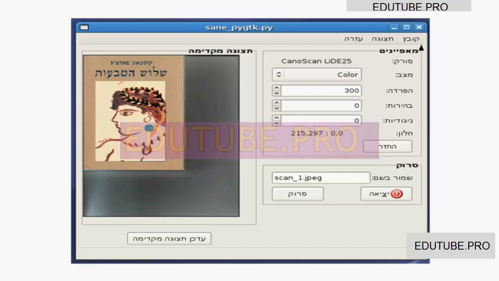And then for PyGTK, I'm not sure what this application does. I believe this is Arabic here, so I'm unable to read it. But I just want to give you a look and feel for what's going on. I believe Arabic reads from right to left, which explains why these controls look like the